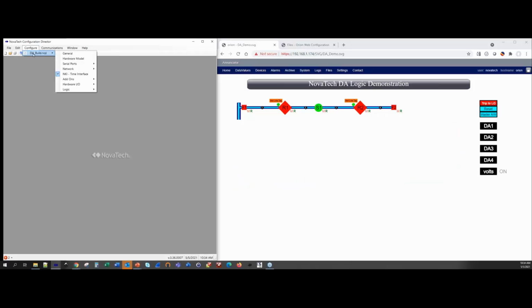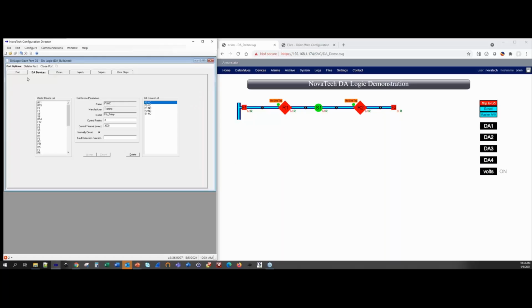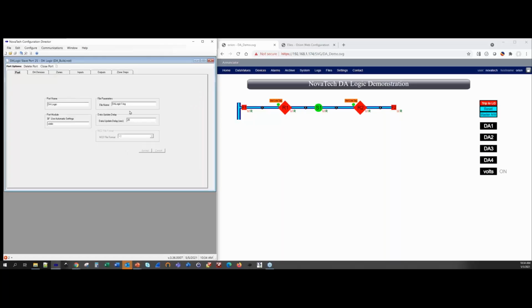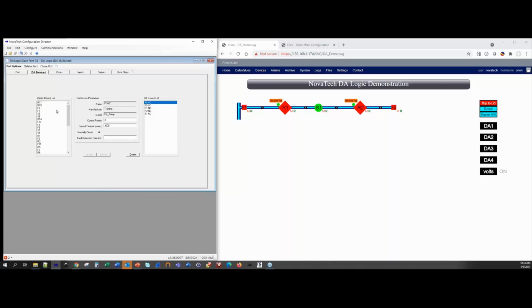So we go into build, logic DA. That's how we get to DA logic. That opens up this port. I've got this set up for 20 seconds. Each one of the devices that exist in your NCD configuration file are going to be listed under the master device list. Now for this bigger system that I had over here with 20 or so devices in it,